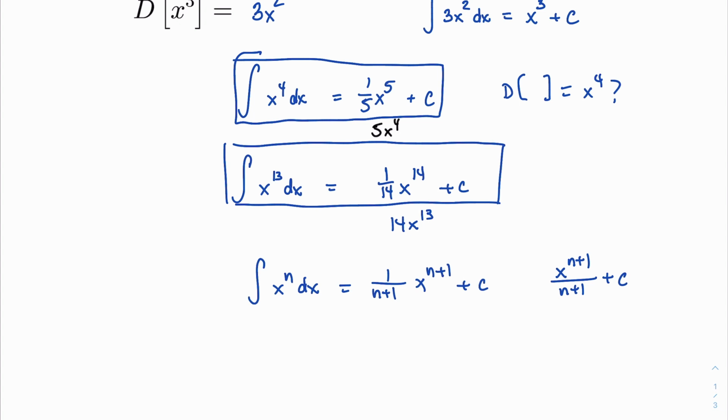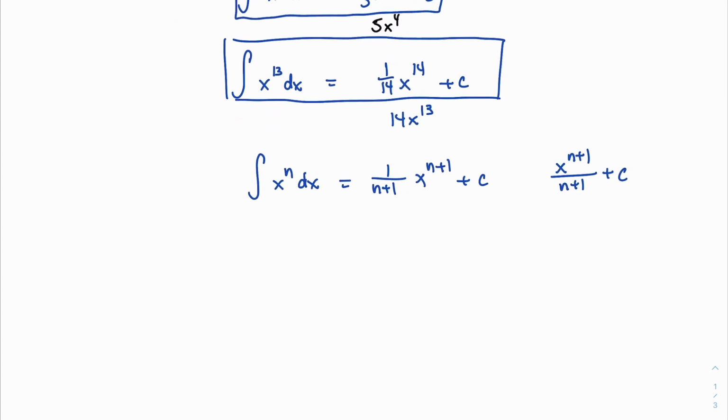However, there's a problem. Notice in the denominator we have an n plus 1, which means this rule is not valid if n is -1. So you have to write a caveat that n is not equal to -1. So then the question is, how do we handle n equals -1? We handle it separately. So if n is equal to -1, we have the antiderivative of x to the -1